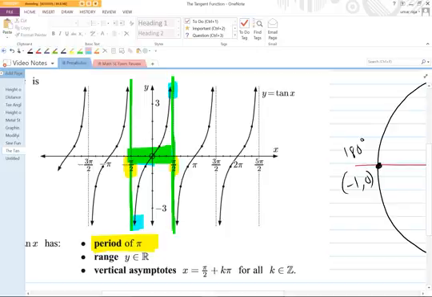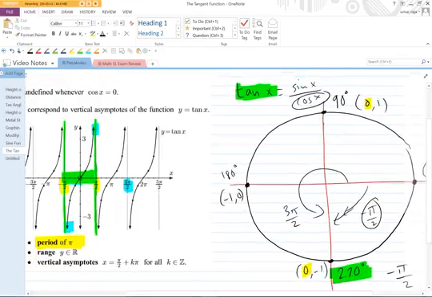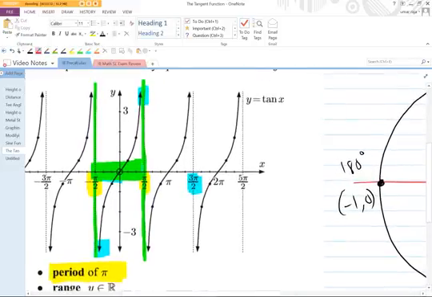You can also see that from pi over 2 to the next 180 degrees, which would be 3 pi over 2, and you can see that from the unit circle, because look, this is pi over 2, or 90 degrees. 3 pi over 2 is at 270 degrees, and the distance from pi over 2 up to 3 pi over 2 is 180. That distance right there is 180,